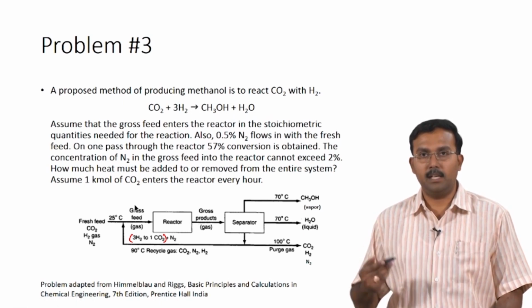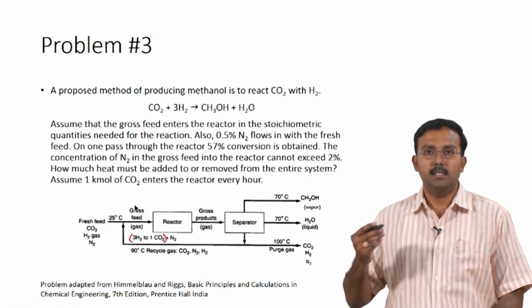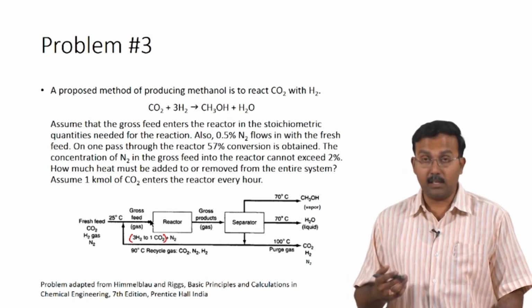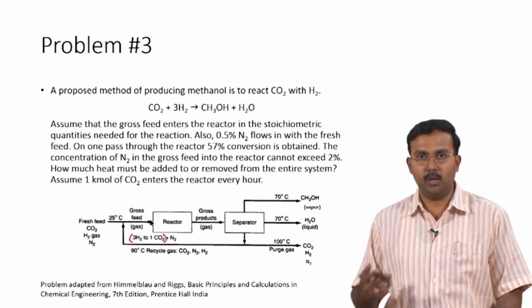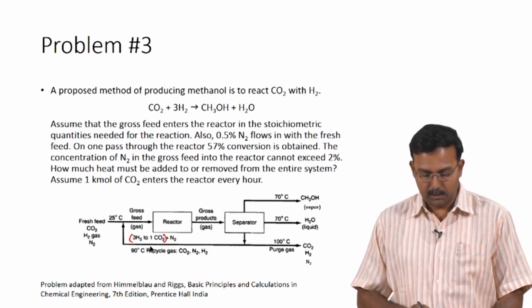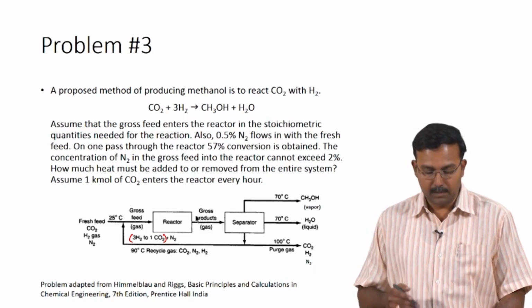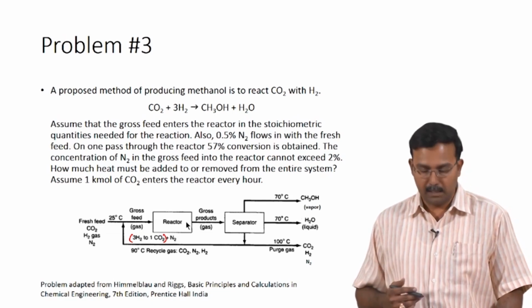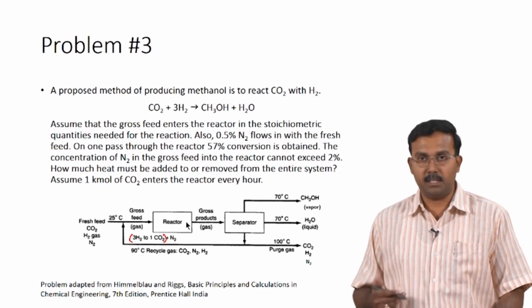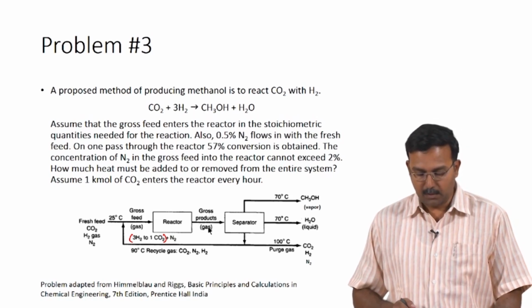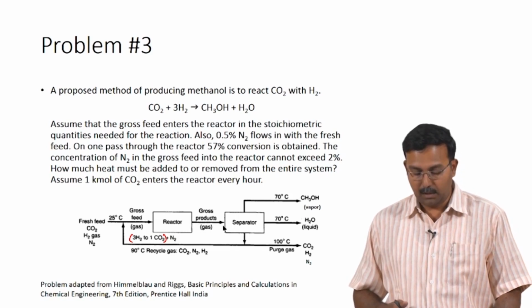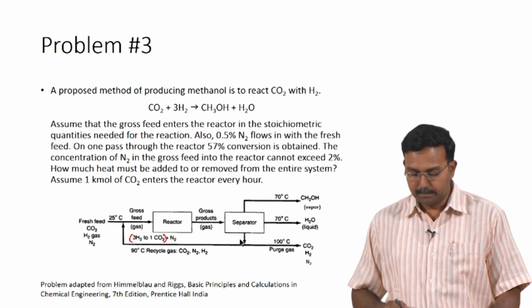So, if you remember the lectures which we had on systems with recycle and reactions, we would have discussed what single pass and overall conversion is. Here we have been given the single pass conversion. So, this means the feed which is passing through the reactor a single time gets a 57% conversion, and this results in the formation of product gases, and as you can see the product gas then goes into a separator